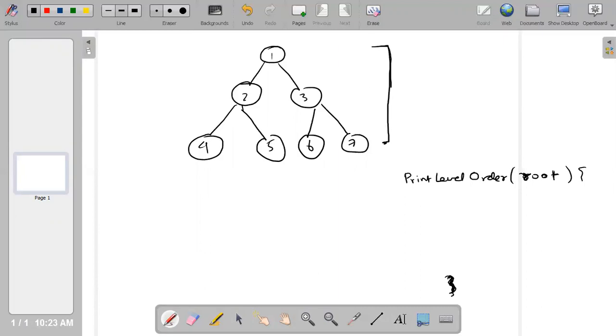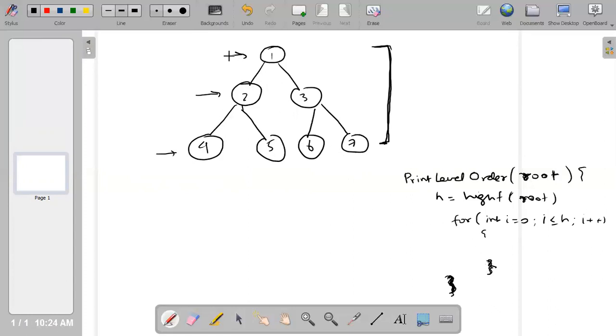if I know the height of this tree, what I'll do is I'll first get the height of the tree, the height of root. Okay, I got the height of the root. And if I apply one for loop starting with int i equal to 0 and i less than or equal to h, i plus plus, and somehow if i is equal to 0, I print this element. If i is equal to 1, I'll print these 2 elements. If i is equal to 3, I print these 4 elements. Okay, so my problem